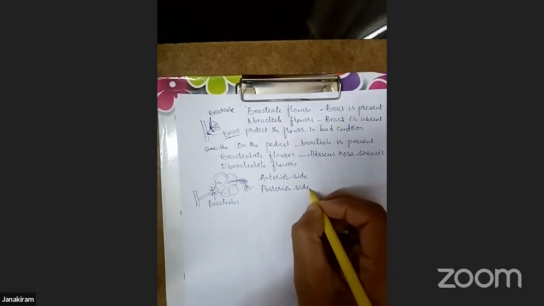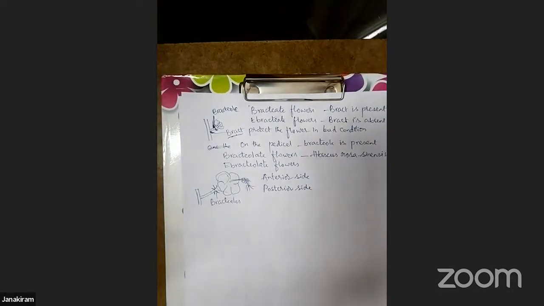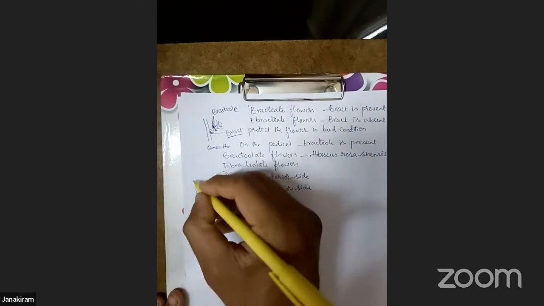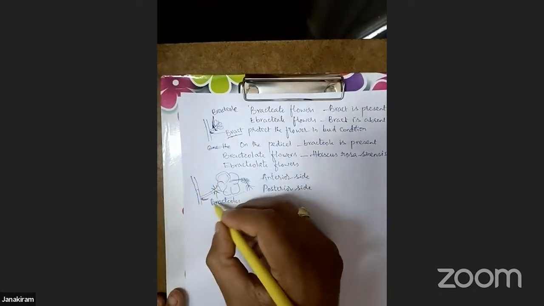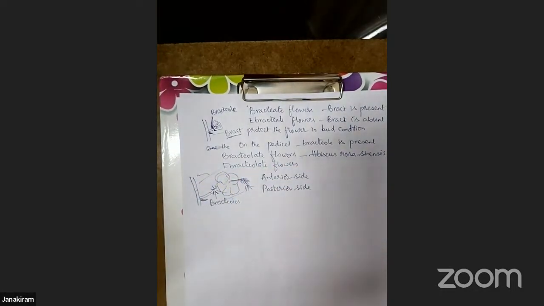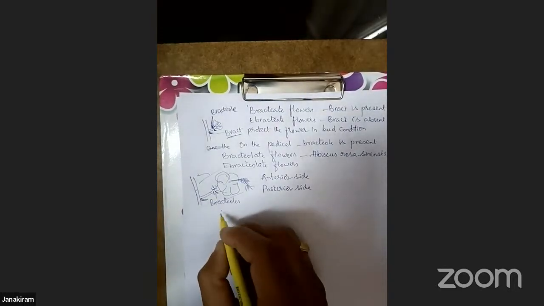Every flower will have the anterior side and the posterior side. Okay, here one side is towards the bract, and this side is towards the mother axis. So likewise, two sides are present in every flower. One is called the anterior side, the other is called the posterior side. And apart from all these characteristic features, the floral appendages on the flower are arranged according to their positional variation. Okay, so let us start with the first one,